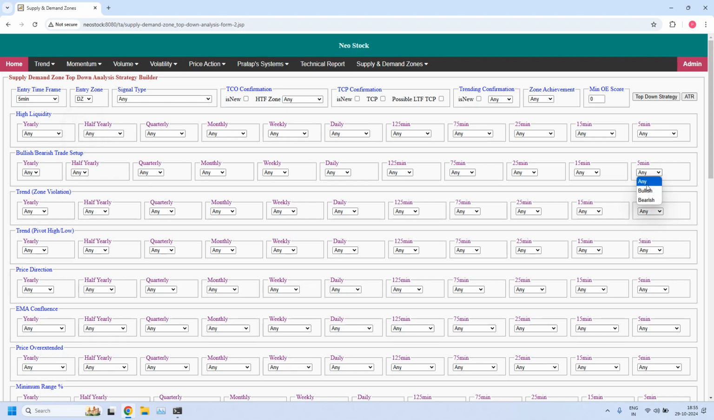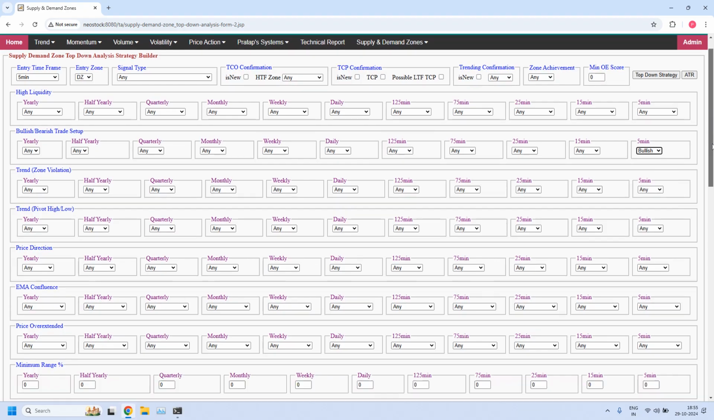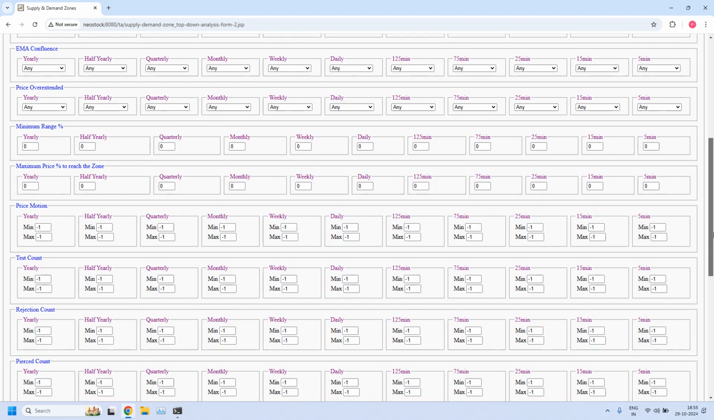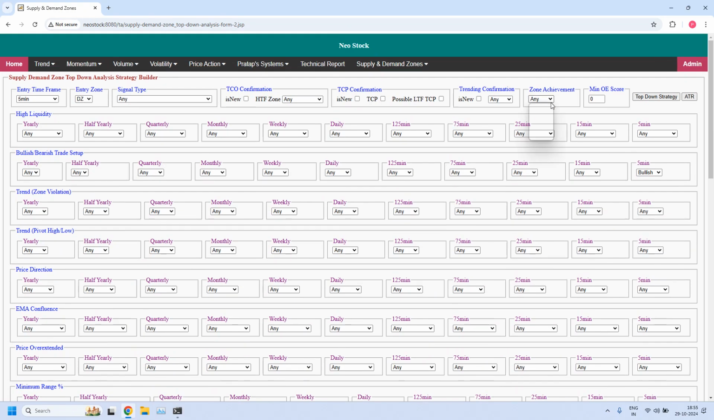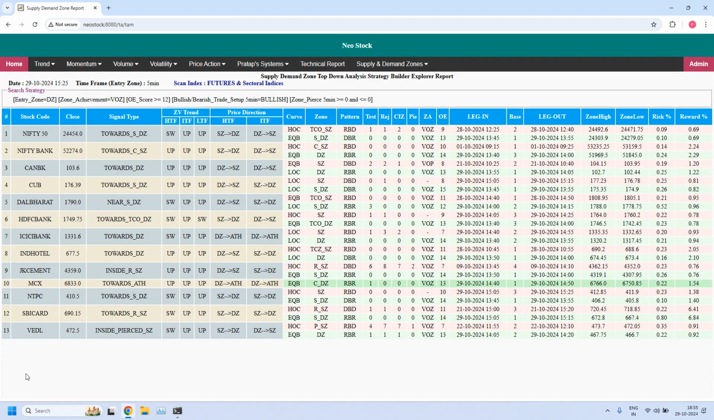In bullish or bearish trade setup, 5 minutes, I am selecting bullish. And 5 minutes demand zone should not be pierced. In the 5 minutes time frame, minimum value 0, maximum value 0. Zone achievement violated, opposing zone, minimum odd enhancer score is 12. All the 3 filters are applied to 5 minutes demand zone. We got 13 stocks. All these 13 stocks are supporting bullish trade setup for